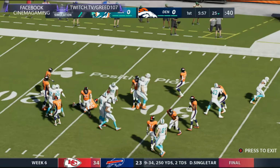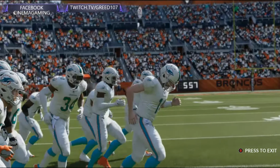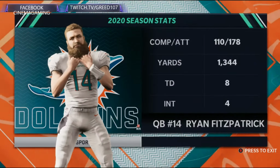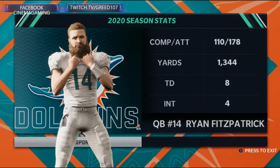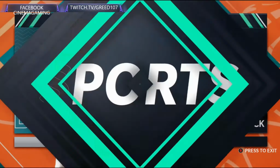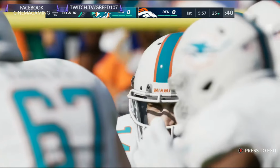And the tackle going to be made right there at the 25-yard line. The Dolphins offense set to take over, and it's the longtime veteran Ryan Fitzpatrick who leads the way. Ryan Fitzpatrick's the kind of guy you want on your team in every situation, whether you want him to be your starter, whether you want him to bridge and help a rookie out like Tua Tagovailoa. It doesn't matter. He can fit every